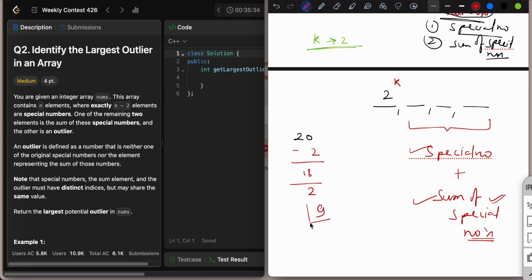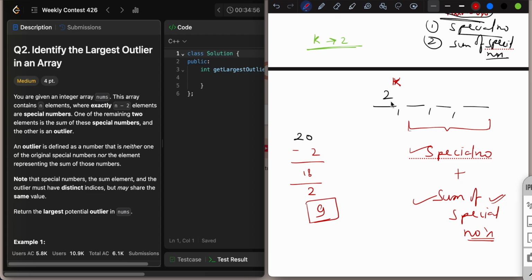9 आ रहा है, ठीक है। तो 9 जो नंबर है वो प्रेजेंट होना चाहिए, हमने केस को माना है, तो 9 भी एक नंबर होगा, आउटलायर नहीं होगा, सम ऑफ स्पेशल नंबर होगा जो कि प्रेजेंट होगा रिमेनिंग पार्ट में। अगर वो प्रेजेंट है ना, तो हमारा एजम्पशन सही था कि इधर हो गया और ये मिल गया हमें रिमेनिंग पार्ट में, सम ऑफ स्पेशल नंबर्स रिमेनिंग पार्ट में मिल गया, तो हमने सही एजम्पशन किया था कि यहाँ पर होगा, तभी तो सम ऑफ स्पेशल नंबर होगा इस पार्ट में।